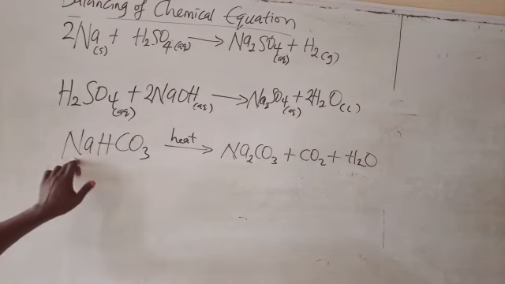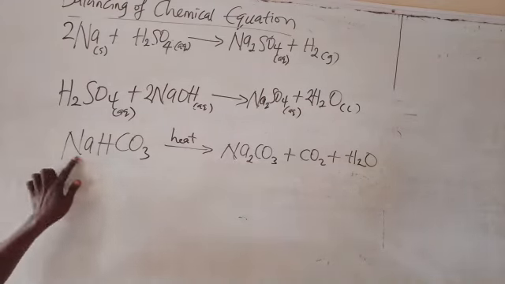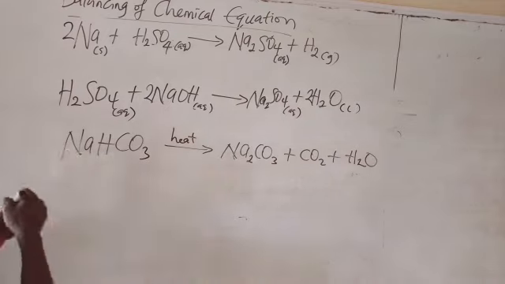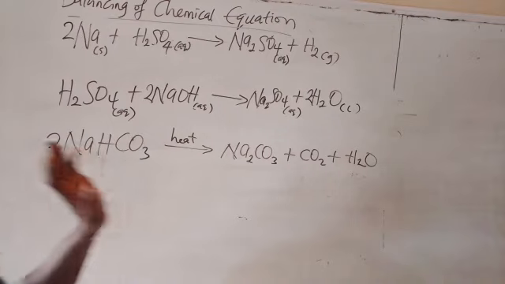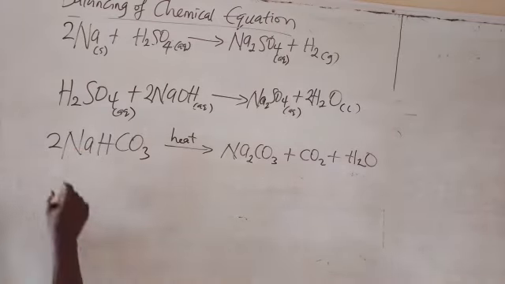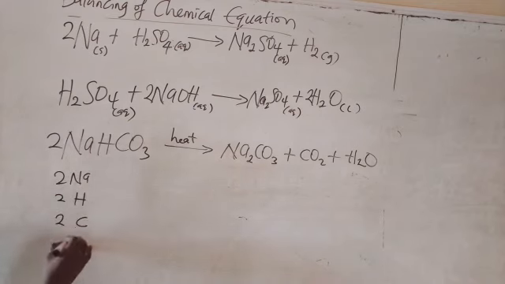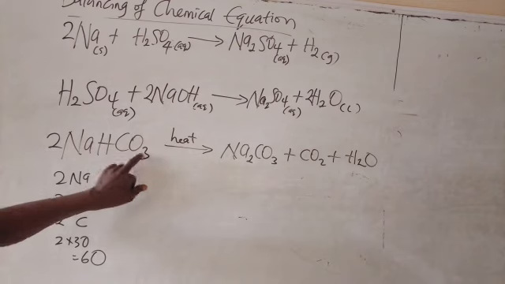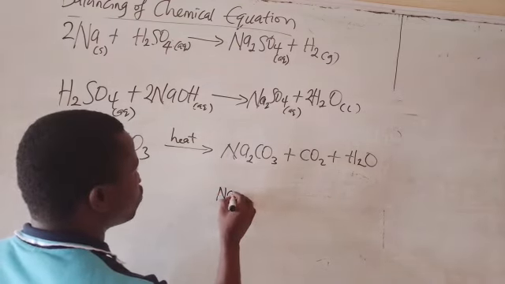Now in this reaction, what do we have? 1 sodium, 2 sodium. So let's balance the sodium. In balancing the sodium, we need to introduce a 2 in front of this. Now introducing a 2 in front of this compound, which is the one that was decomposed by heat, we have 2 sodium, we have 2 hydrogen, we have 2 carbon, then we have 2 times 3 oxygen, which is equal to 6 oxygen. Because this 2 will also multiply these 3 to give us 6. But at the product area, we have 2 sodium,